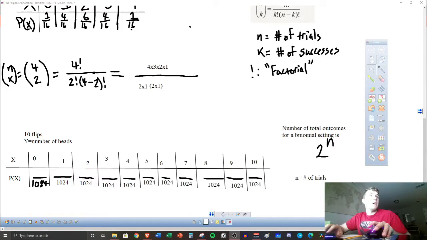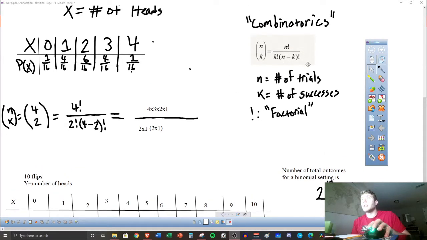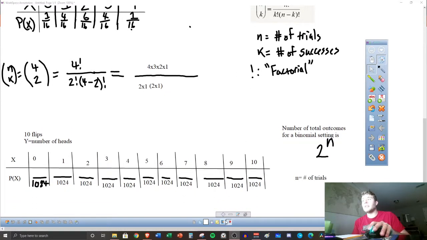So I'll get all mine set up. Okay, so we have all of these listed out. Now we just need to find the number of combinations. So we've got to go back up and do our binomial coefficient, the combinatorics, inside of these 1,024